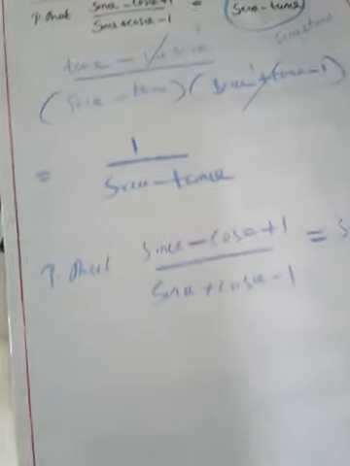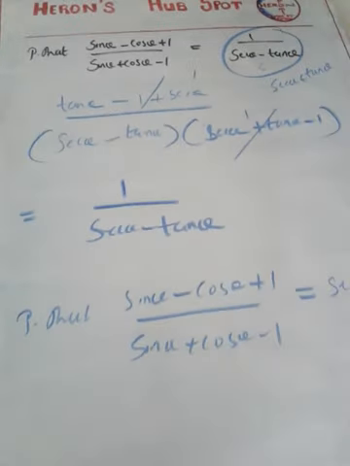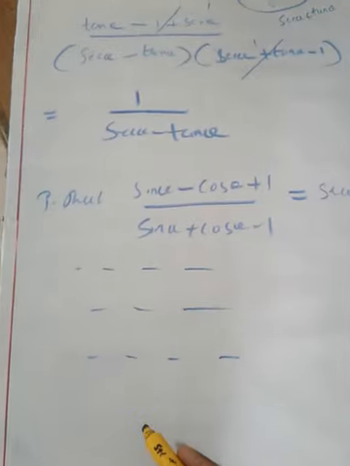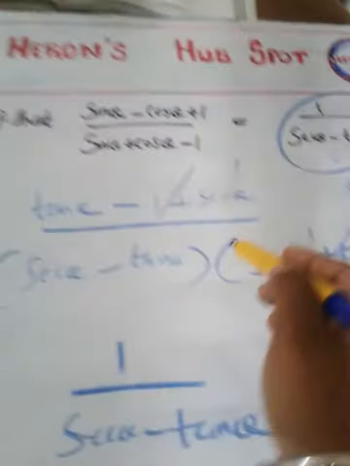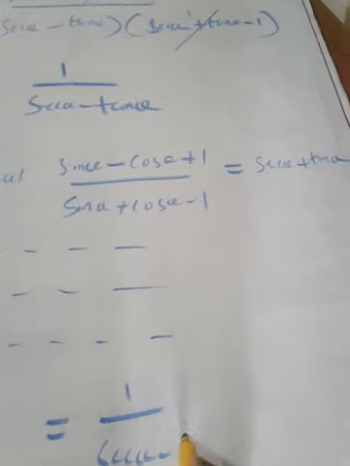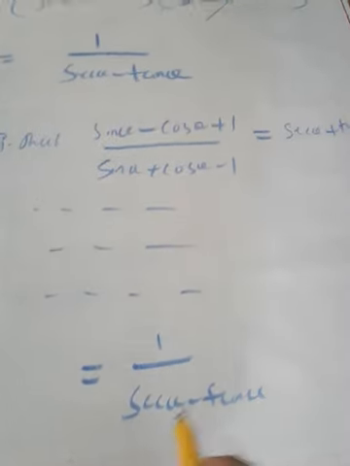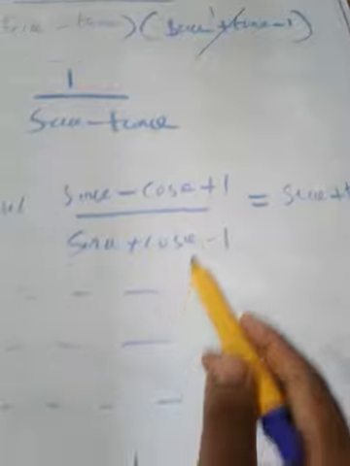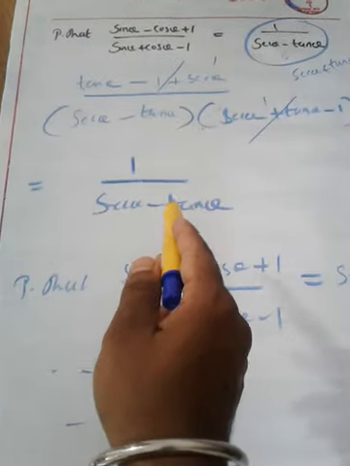See, same method. You have to go through the same proof and reach this much. That means whatever things we did to reach this, you have to write all those things. And when you write this much, you will get 1 by sec theta minus tan theta. You know how to reach here. You know how to simplify this term. You know how to make the modification in the LHS and reach here, because we discussed just now how to reach up to here. Then I have to make this as this. For that, a little more adjustment is needed.